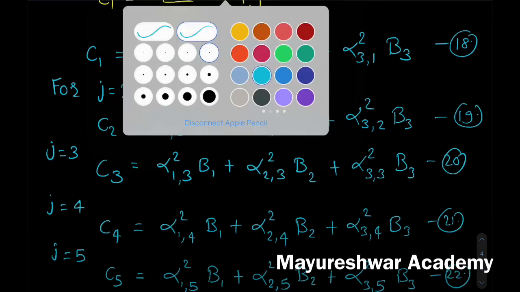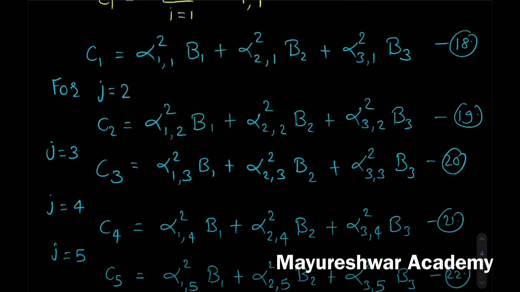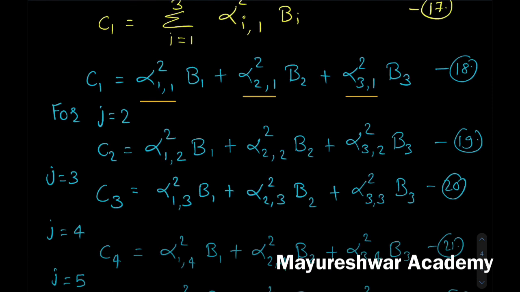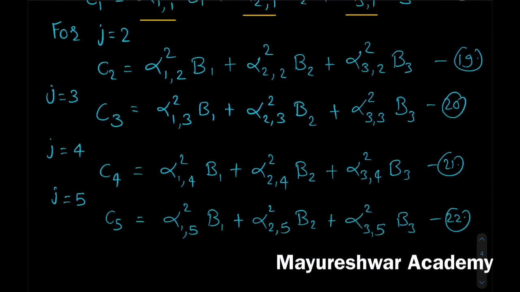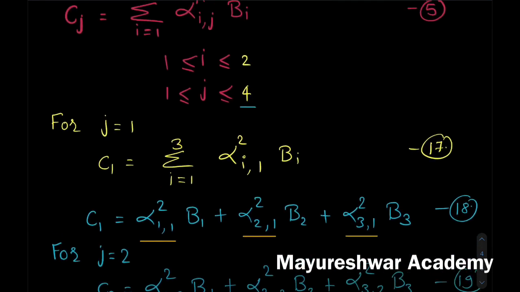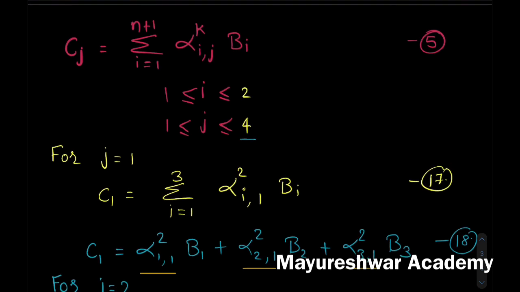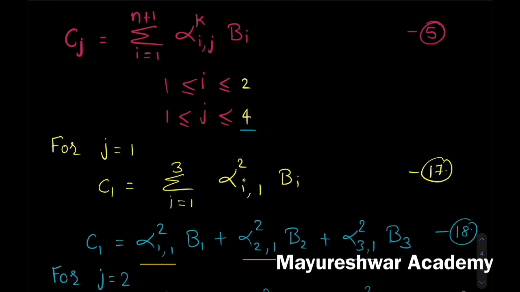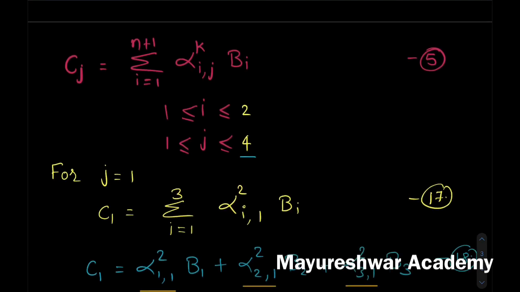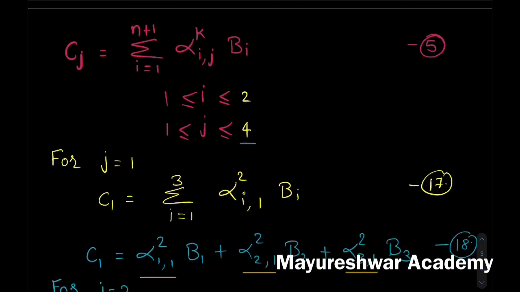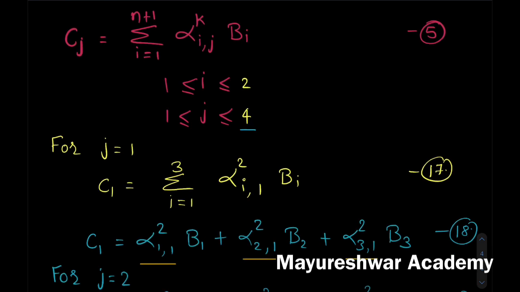So now we need to obtain these alphas. Remember they are of second order, so their values we need to obtain. Okay, so how to get them? b1 b2 b3 are vertices, that information is with us, already given, defined in the problem, but we don't have these alphas. So first of all we need to get